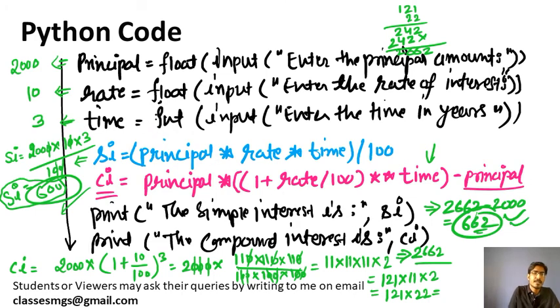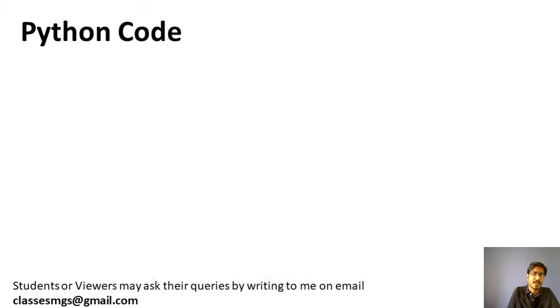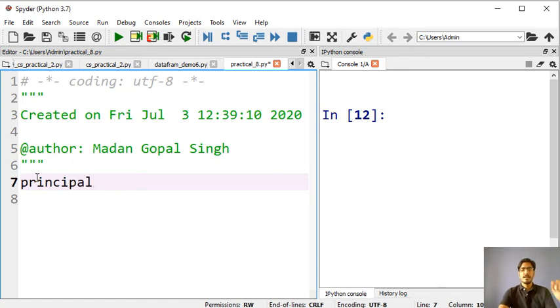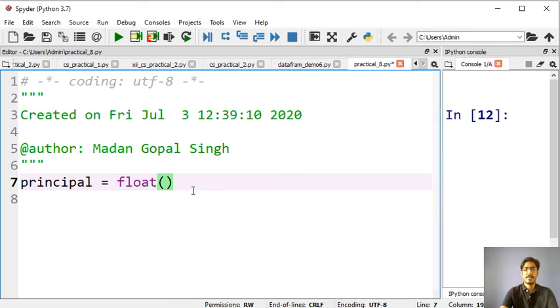Now we will see in editor by running this code. I am having this editor here. Now I will type my code. So let me type principal equals to, we are getting the floating point value. Input, enter the principal amount.